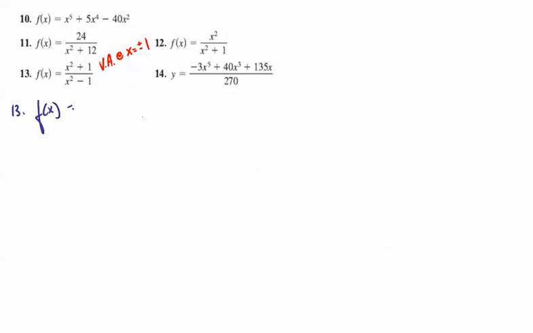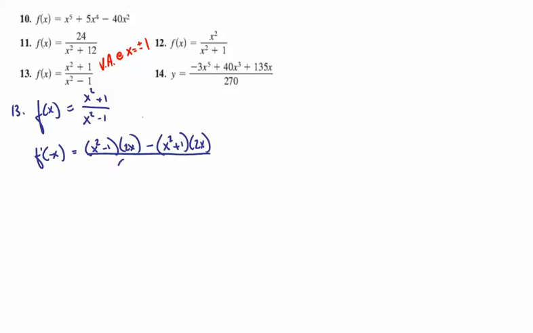So we're starting with f of x is x squared plus 1 over x squared minus 1. Our first derivative then is, using the quotient rule, low d high minus high d low over low squared. We'll multiply out the numerator